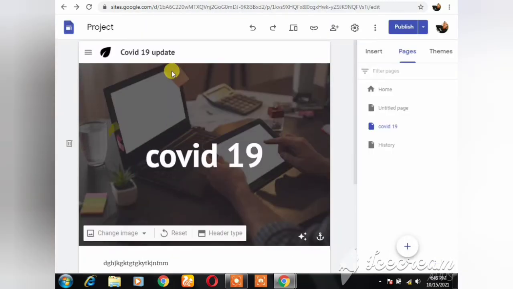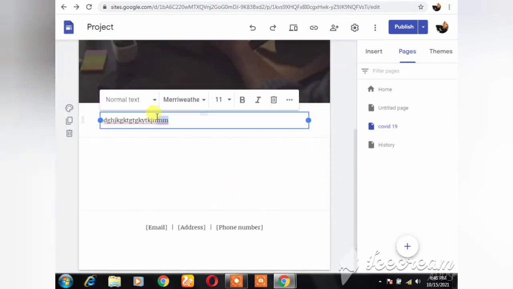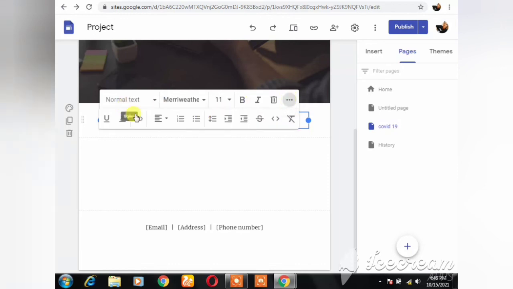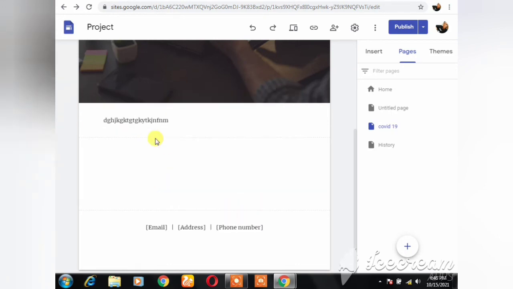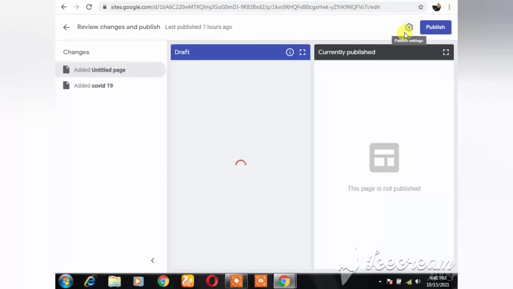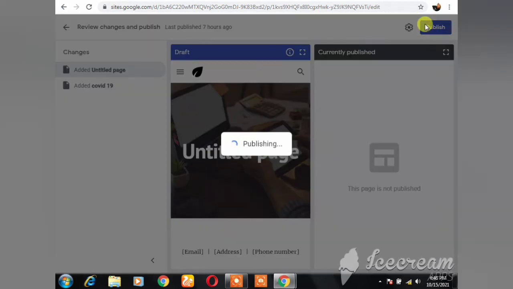So let's go back. Now the next thing I'm going to show you is how to add a link. So you highlight the place that you want to add the hyperlink. Then you click on the three dots there. You click on this arrow, and you paste your link here. So paste your link there and click on apply, and the link will be there for you to see. So after everything, just click on publish, and they will show the current one and the old one to you again for you to see the changes that you have made. And if you think that everything is in place, all that you need to do again is just click on the publish sign again, and let's wait for it to be